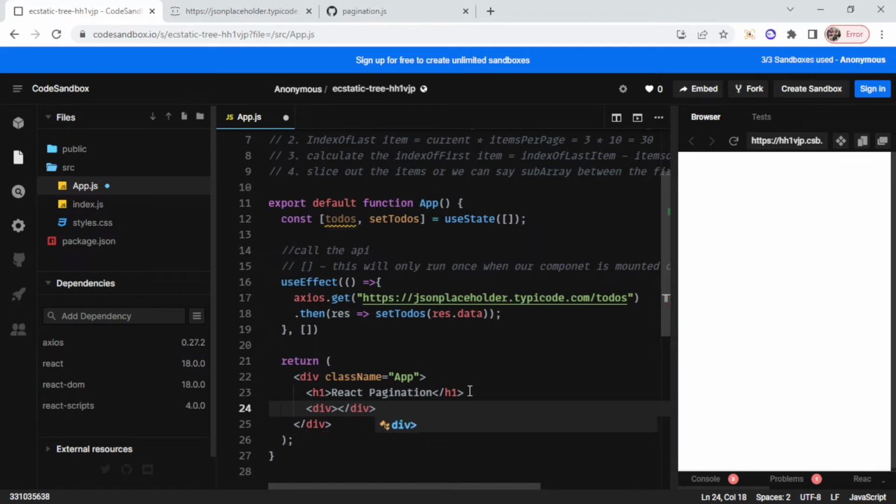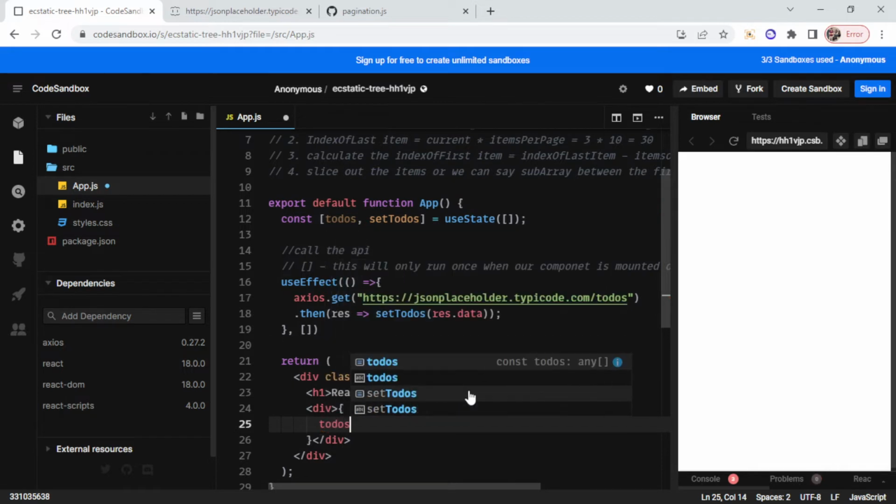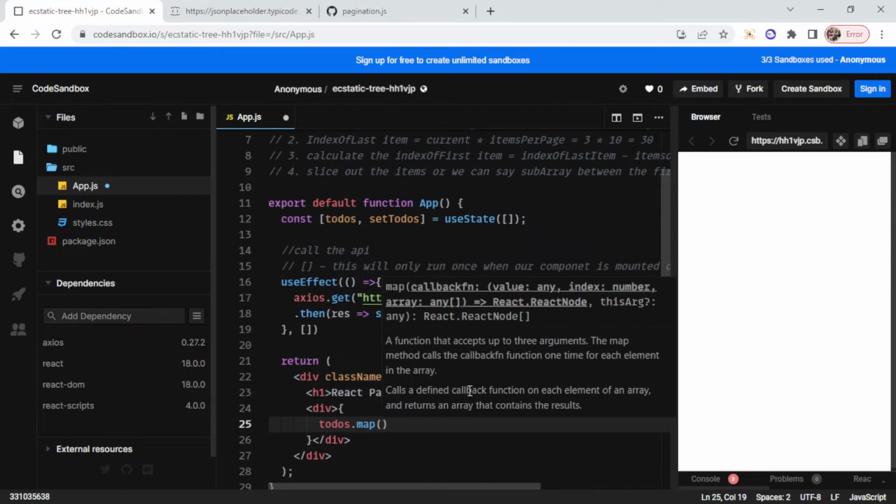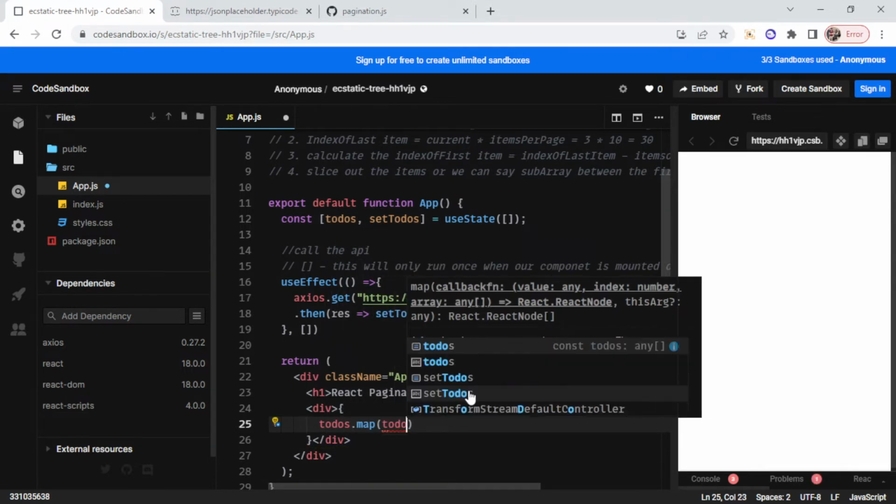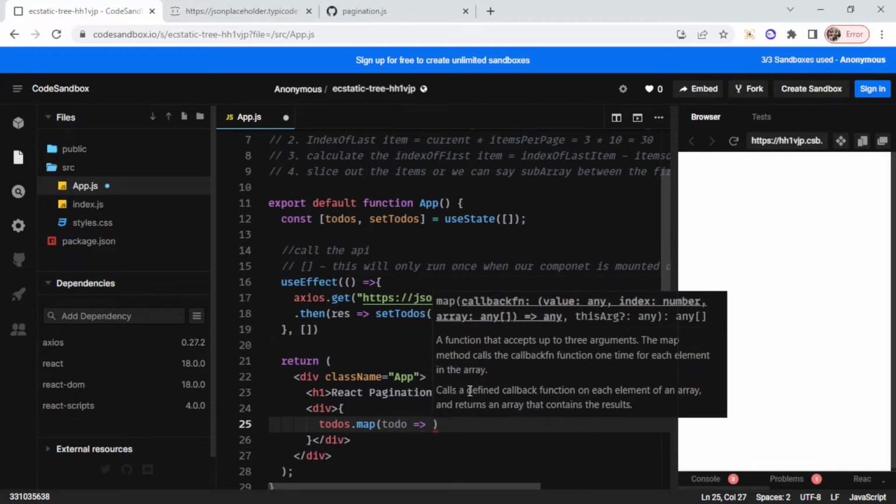Okay, and whenever we want to loop through the array, for that we use map. So let's do to-dos.map, and it will run for each to-do item. So we will get to-do, and here what we will do is